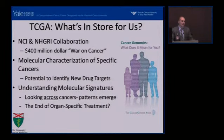Kidney cancer, the clear cell paper has come out in the past year. But what is the TCGA, for people who don't know? It's a $400 million kind of war on cancer, as Harold Varmus said. It's a collaboration between the NCI and the NHGRI, and really we're doing molecular characterization of a lot of these